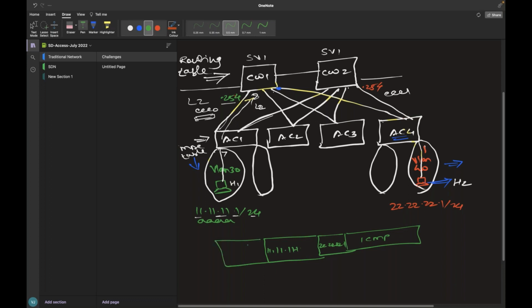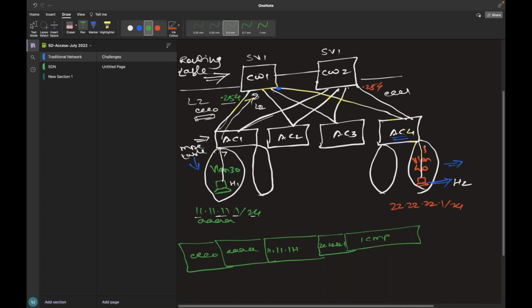My source MAC address, for example in this case, is AAA, and the destination MAC address, I don't know. So basically, because I don't know, I'll be sending based on my ARP request and reply through a default gateway. My destination MAC address will be EE0, right?